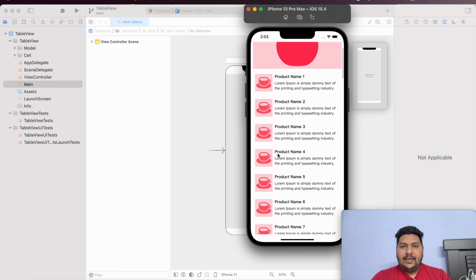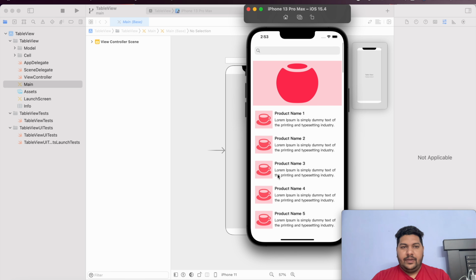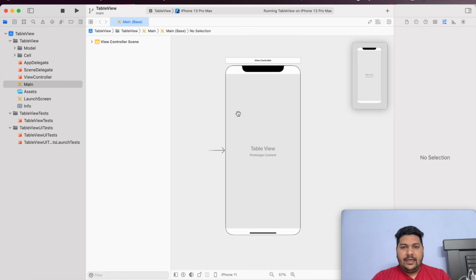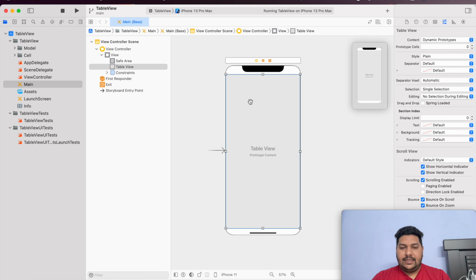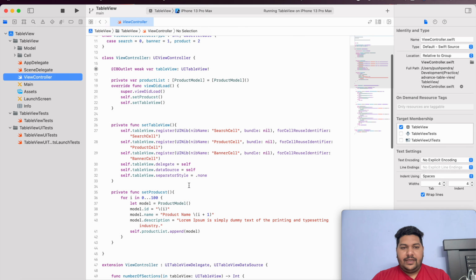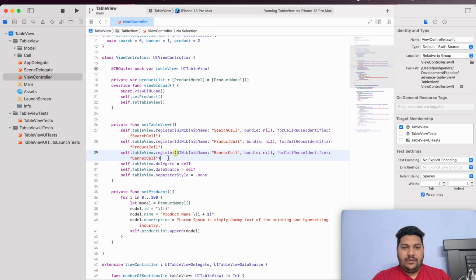This development I did two weeks ago. Now let's say a new requirement came from the client side, and he would like to add one more content in between this row. So what is the feasible way? Here, if I have all the cells in this table, then it's tough to manage via the program. But here we have cells which we are registering from the Swift program.